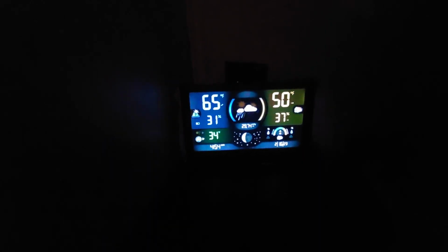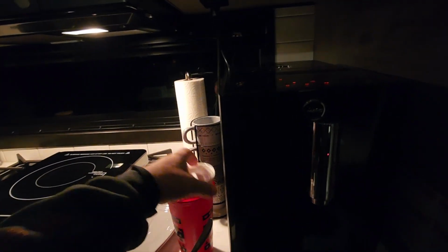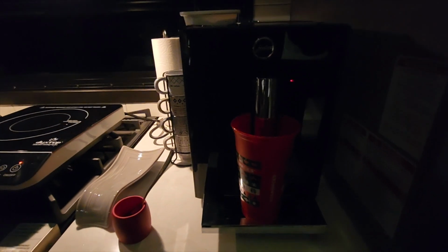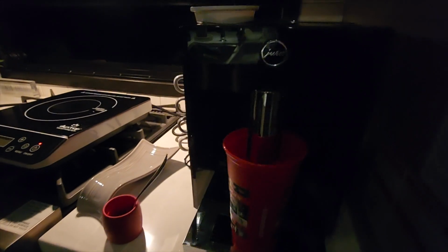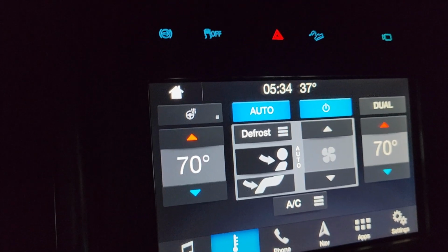And it's 50 in here. I love this coffee machine, and when I have electricity and I'm on full hookup, I would rather do this than the French press. Let's do a double. It's 37 out, so